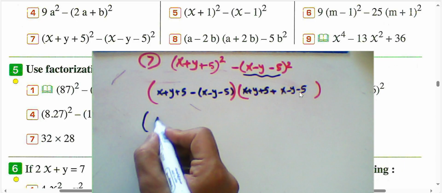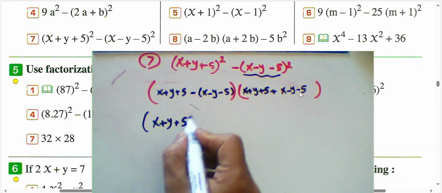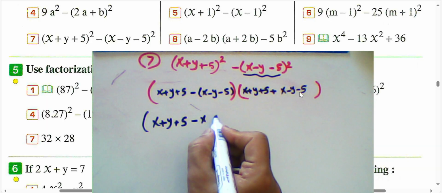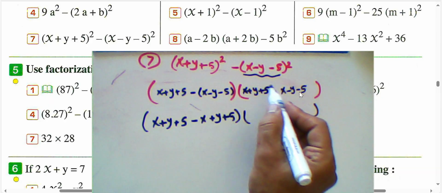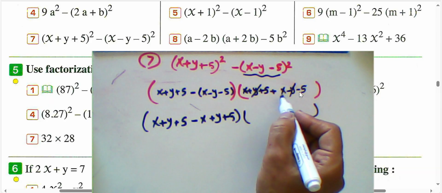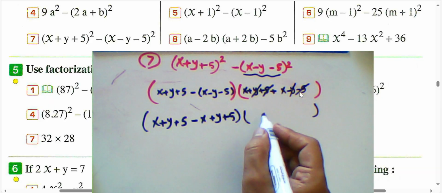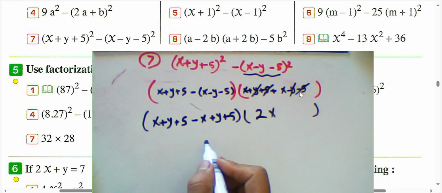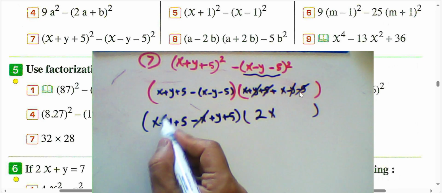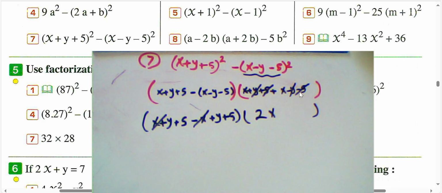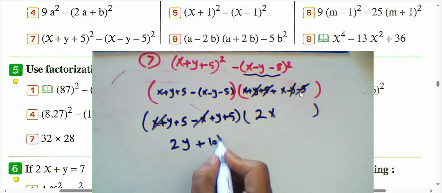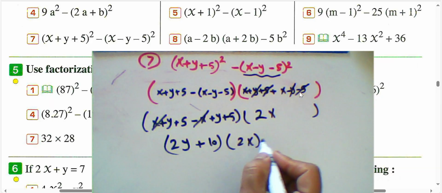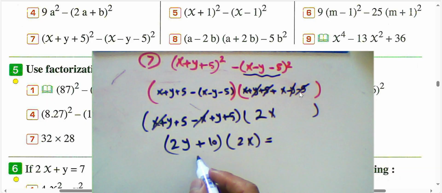بعد كده بتعمل simplest تقول x plus y plus 5. النيجاتيف هتغير كله، تبقى نيجاتيف x plus y plus 5. وهنا اختصر نيجاتيف y مع بوزيتيف y. ونيجاتيف مع البوزيتيف، فيبقى عندي x and x 2x. هنا نفس الفكرة، x تختصر مع الx بوزيتيف، y plus y equal 2y، 5 plus 5 equal 10 product by 2x. You can complete this expression